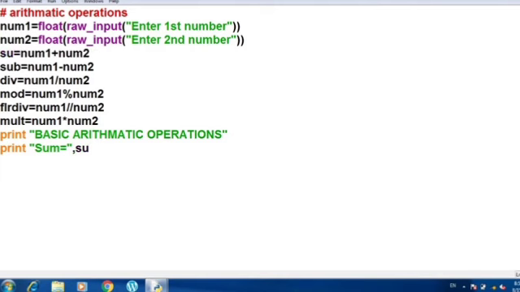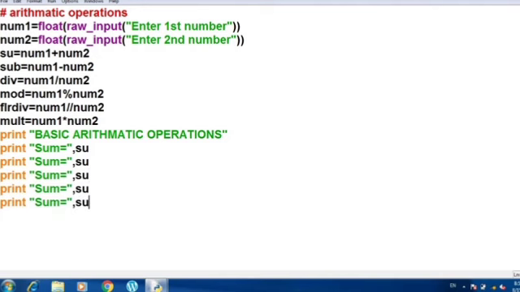Let me take the variable su for sum, otherwise it is going to give me the error. Alright, so I will copy this line for printing and I will change the things here. For subtraction, I am writing here subtraction and the variable is sub, so that will be concatenated with the output. For division, I am writing division only, and the output will be taken from the div variable, because in div only I am dividing the two values.